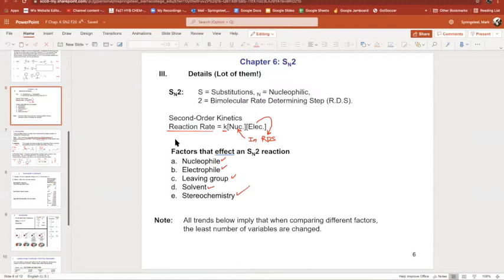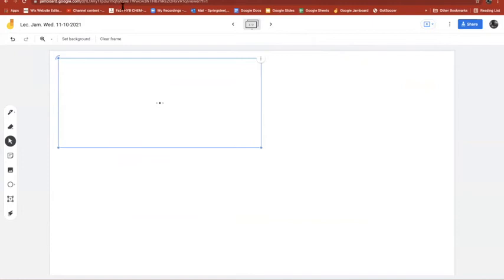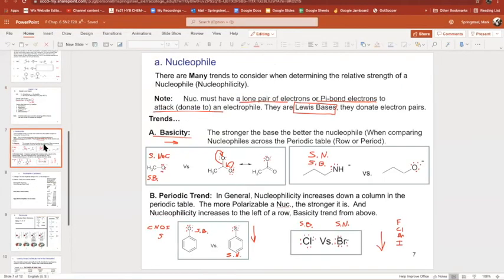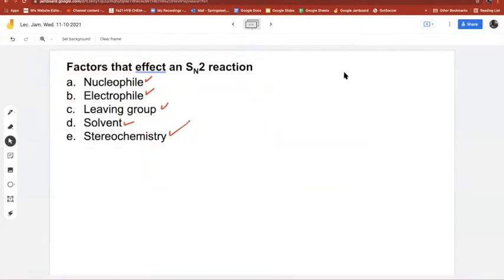So now for this, we're going to look into the nucleophiles, the electrophiles, solvent, and we'll consider the stereochem, which we've already discussed a lot of, but I'll just more formally talk about it all. I think it's better to do it on the Jamboard. Those old PowerPoint slides kind of put me to sleep. I think I'm just going to go periodic trend on this guy. So in terms of the nucleophiles,